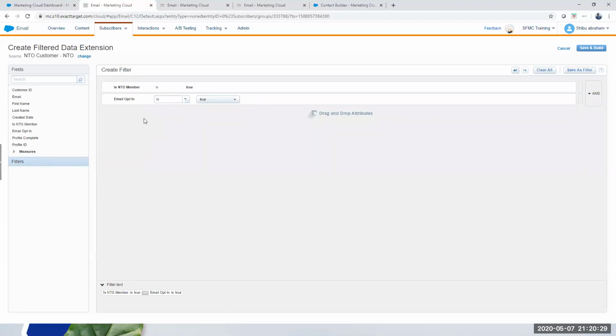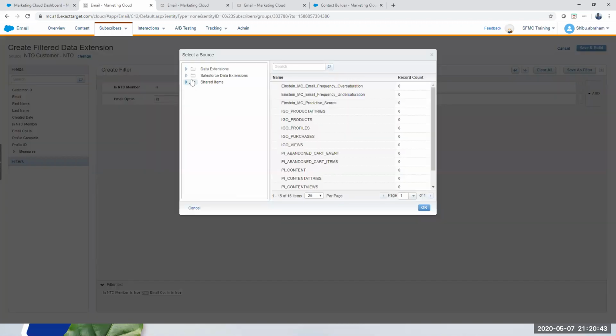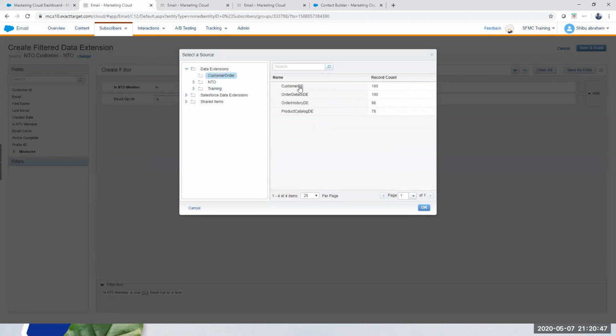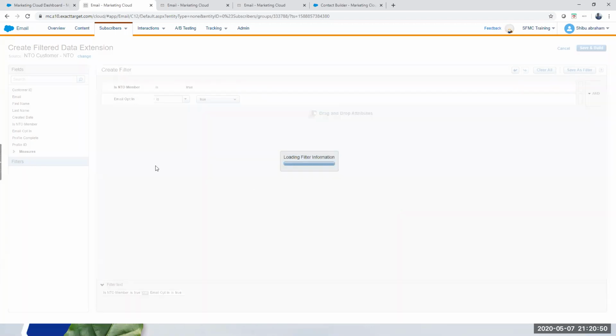Now, remember we created a data relationship earlier, right? So how do we see that? In this particular case, the only DE that you can see is this NTO customer. If I go back to the customer DE, this is the customer one.